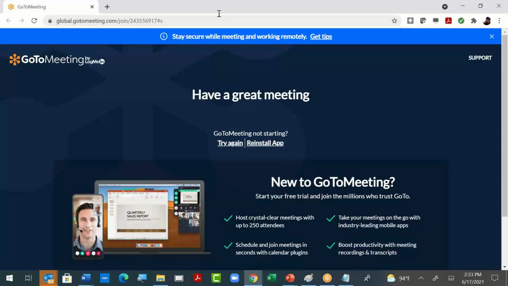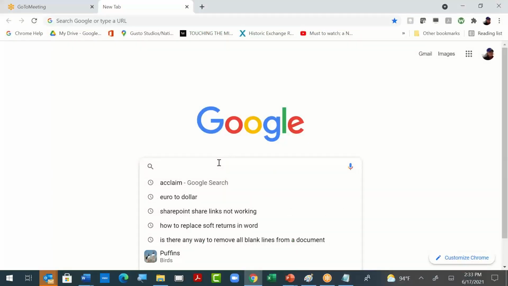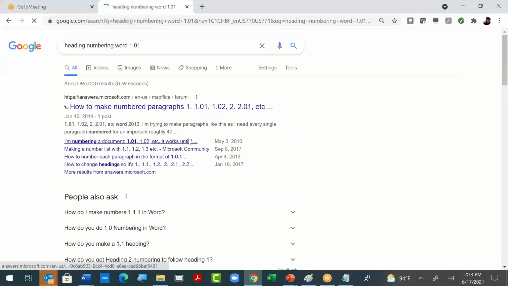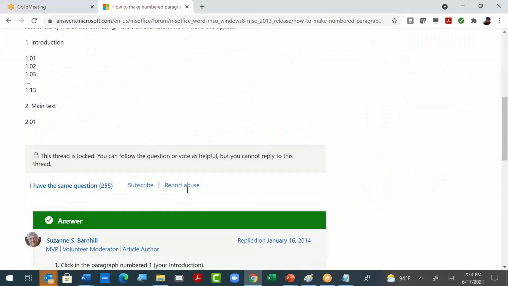So bear with me while I do what you've done 100 times. Heading, numbering, word, 1.01. We're not the only one. Here we go. Okay. So we would have a paragraph 1,